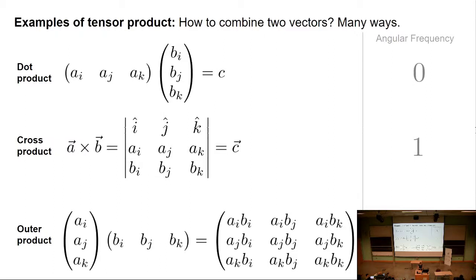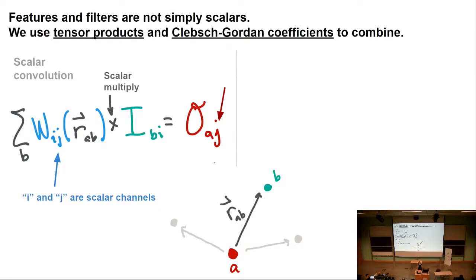Cool, awesome. Okay, so what changes in our convolution due to this? In a scalar convolution, you have your filter function, you put in your radial distance vector, and then you multiply it with a scalar multiplication times whatever's living on that point that you're convolving over, so the input. And then you get some output, where your filter is basically shuffling between input channels and output channels, and I'm just going to convert all your input channels to an output channel.